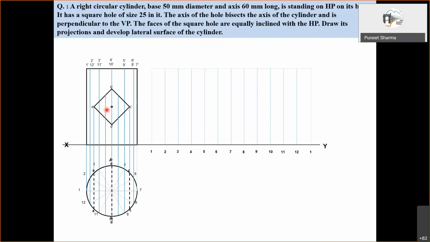This actually is a square hole as seen in the front view, but you see this surface is curved. So this edge will actually not be a straight edge. On the surface, it will actually be a curved one. So if we have to draw that curve properly, we will need more points. That is why one extra generator is introduced, so as to have extra points: 1 extra point here, 1 extra point here, likewise 1 here. So this will allow us to draw a smooth curvature. So that is the purpose.